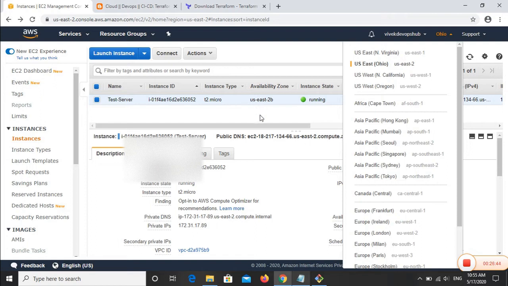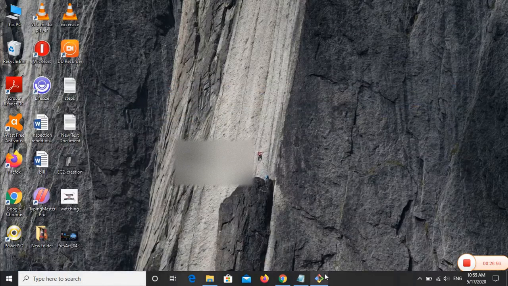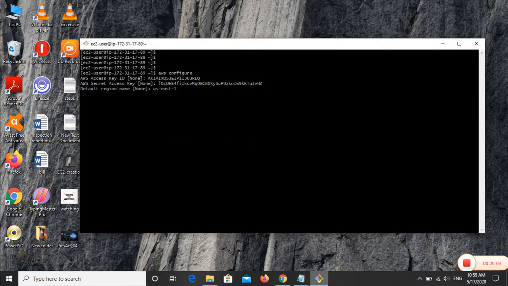Now I am in the Ohio region, which is US East 2. We are going to create all our resources in North Virginia, which is the US East 1 region. So accordingly, I have mentioned the US East 1 region.